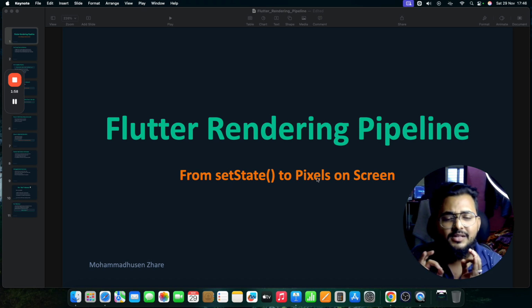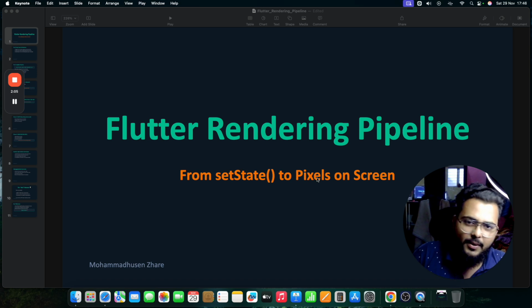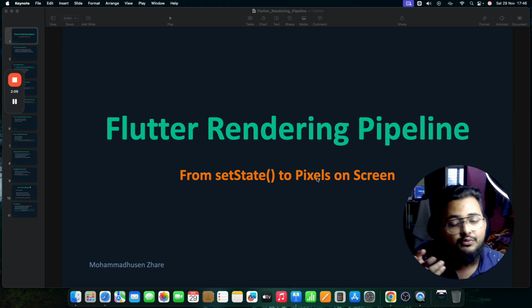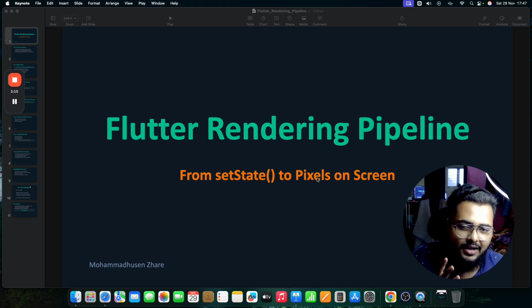So performance and speed are most important. If performance is bad, then that application is going to crash very soon. Okay, so to avoid such crashes, you need to understand the rendering pipeline.